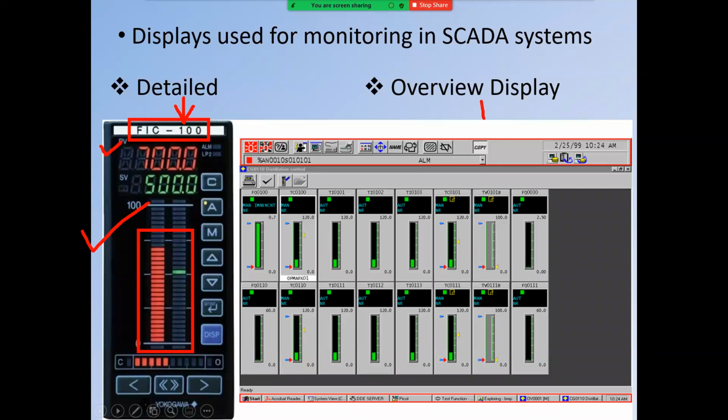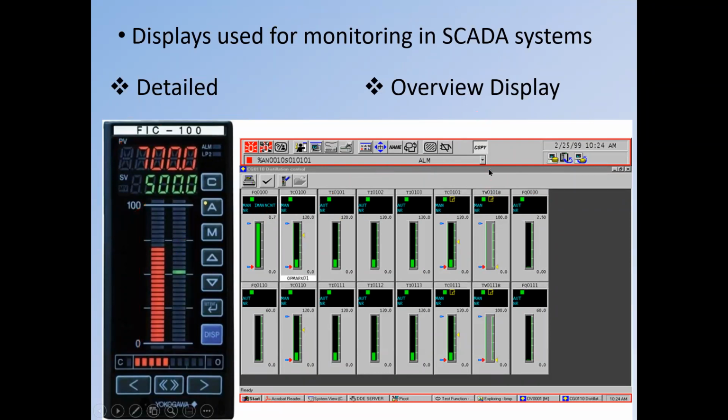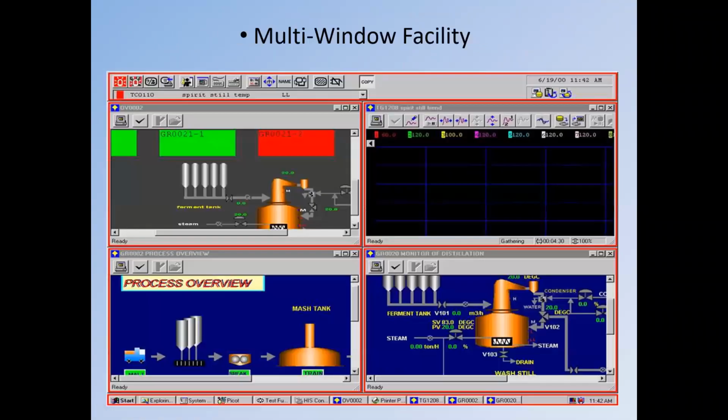Okay, but in the overview display, you only get certain things, like process variable only. Process variable means what is the pressure, what is the temperature, what is the flow. Only these things you are getting for various parameters. This is only one parameter, but overall information. It is various parameters, but only one piece of information per parameter. Correct. So these are like faceplates we have in SCADAs, and these are some screens you might see